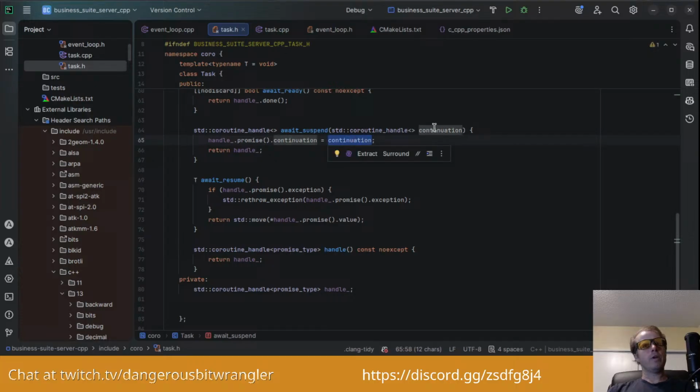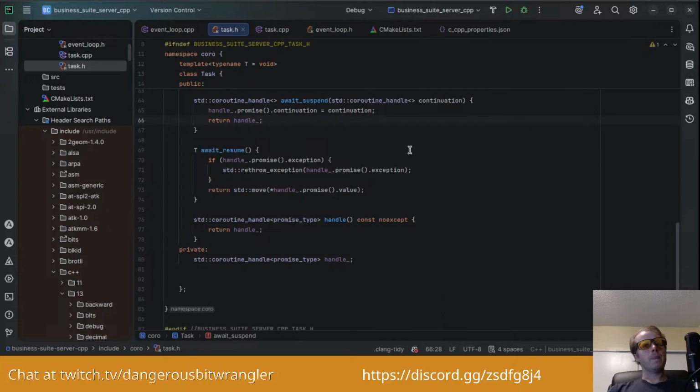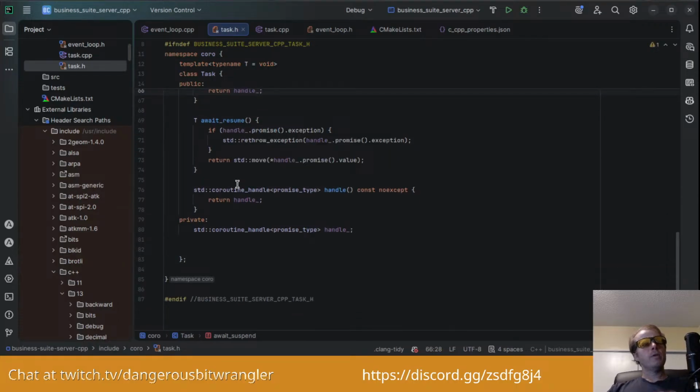Then it's going to assign the continuation to the current handle, the coroutine handle's promise continuation, and then return that handle. Interesting. I'll understand that a little more with some usages, just to see what the purpose of that method is. It's not clear to me yet.